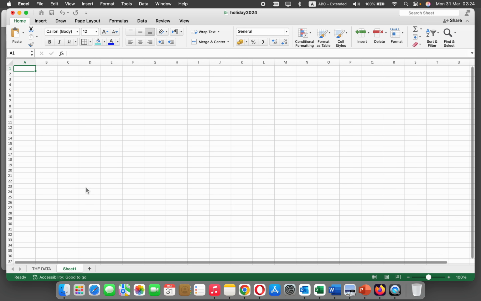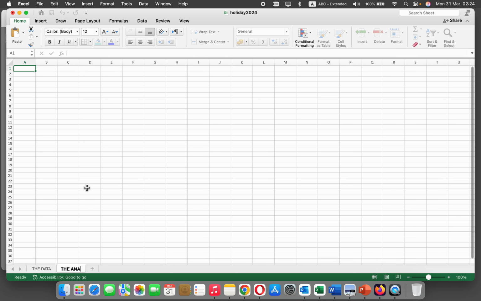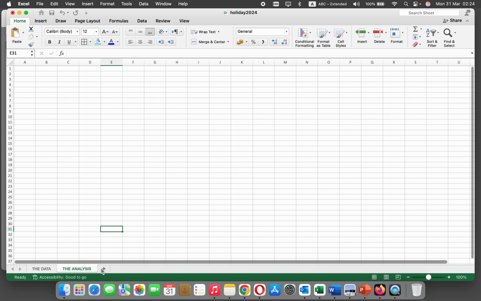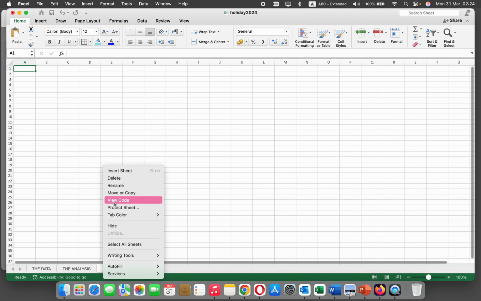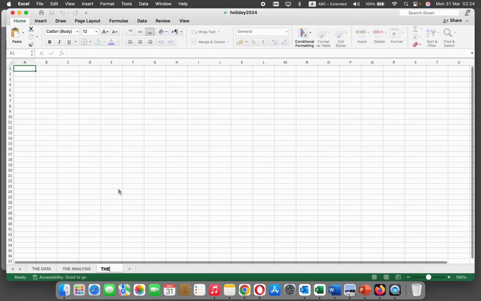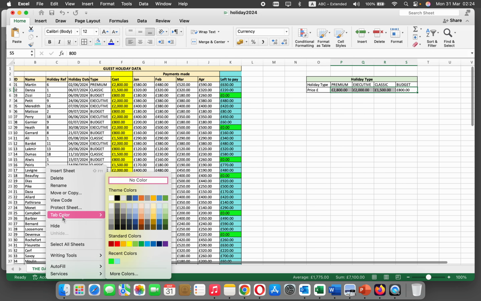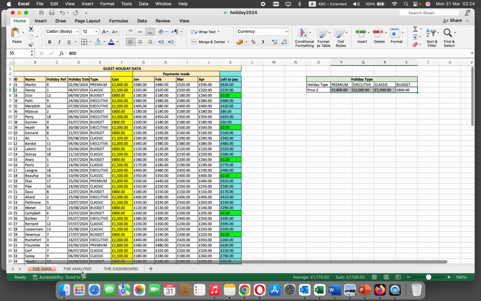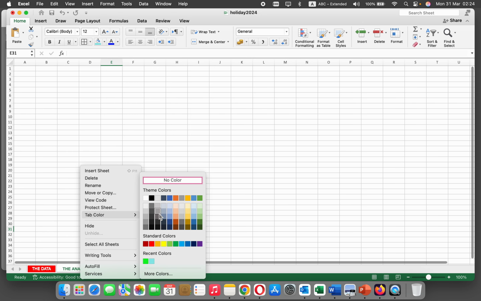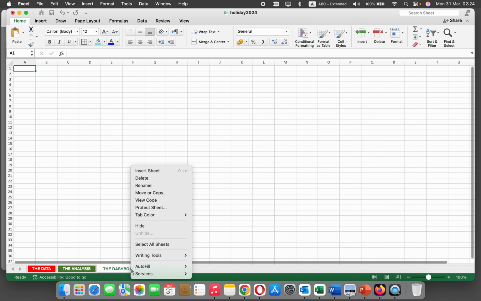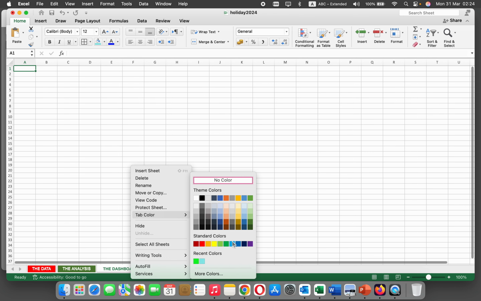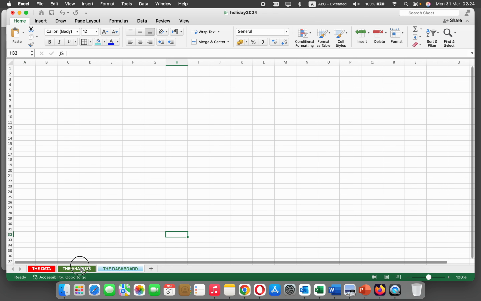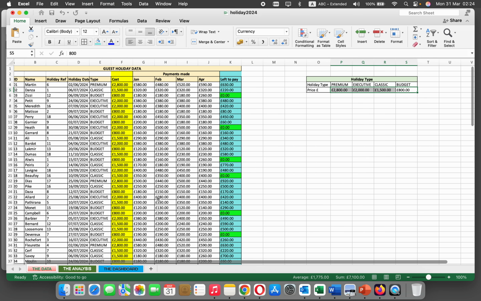Rename the analysis, and then we need to produce another one and rename it, we say the dashboard. I prefer that you change the color of each one. For example, use this color here and use this color here and use this color here. So I think we finished from the